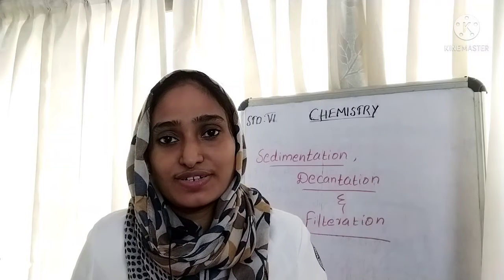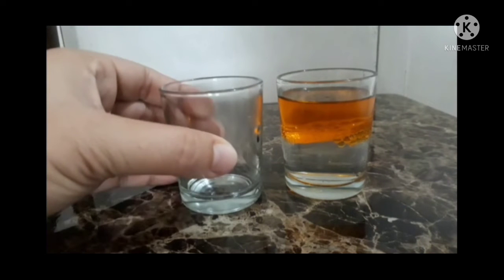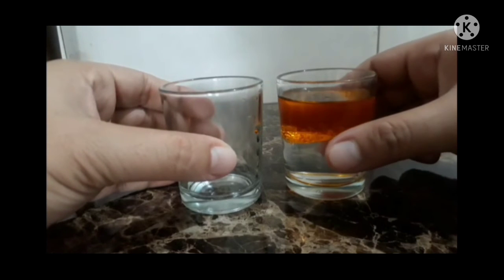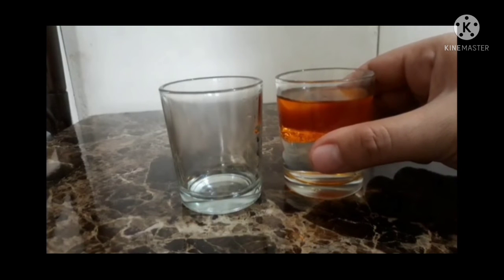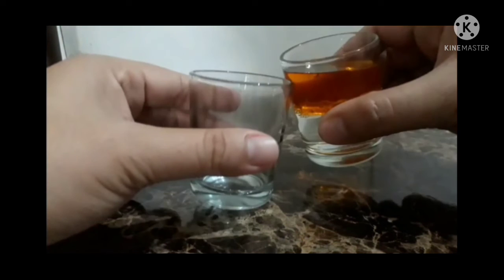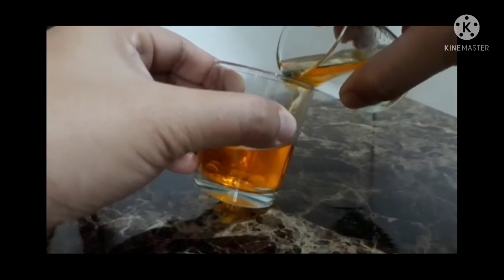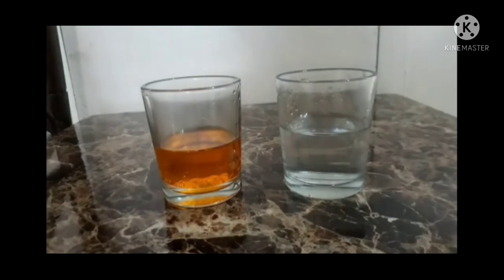sedimentation and decantation. The process of sedimentation and decantation can also be used for separating a mixture of two liquids that do not mix with each other. For example, oil and water from their mixture can be separated by this process. If a mixture of such liquids is allowed to stand for some time, they form two separate layers. The component that forms the top layer can be separated by